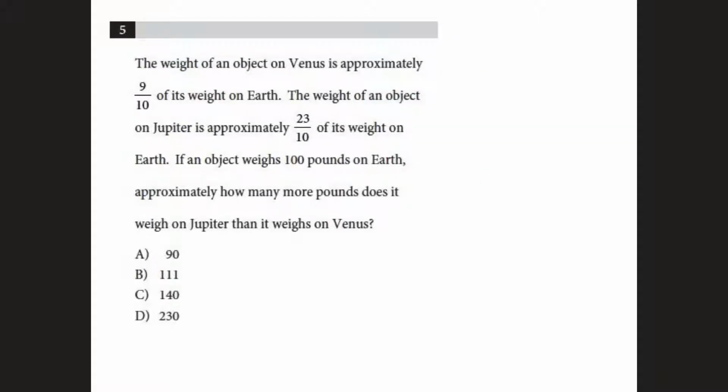The weight of an object on Venus is approximately 9/10 of its weight on Earth. The weight of an object on Jupiter is approximately 23/10 of its weight on Earth. If an object weighs 100 pounds on Earth, approximately how many more pounds does it weigh on Jupiter than on Venus? Okay, well, if it weighs 100 pounds on Earth, it's going to weigh 9/10 of that on Venus. So that'd be 90 pounds on Venus, and on